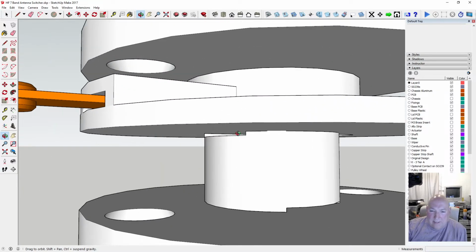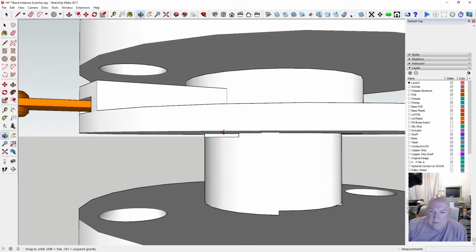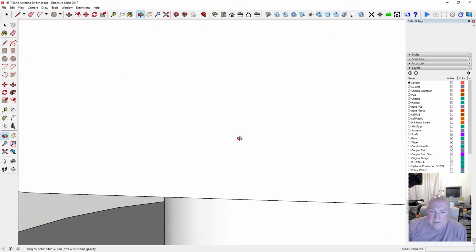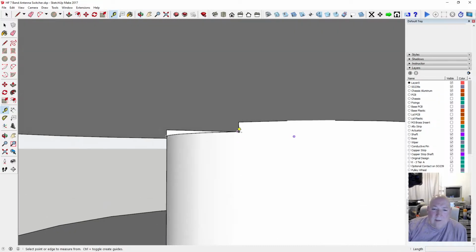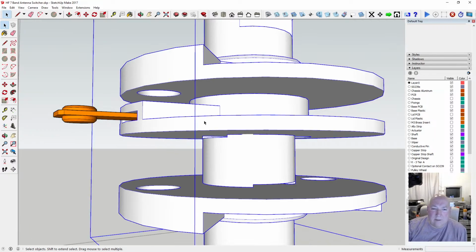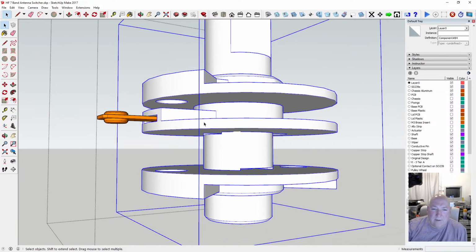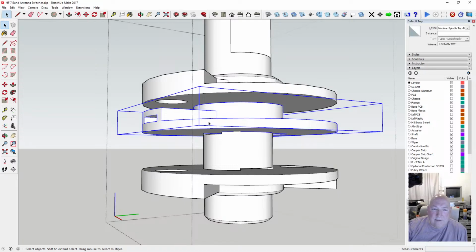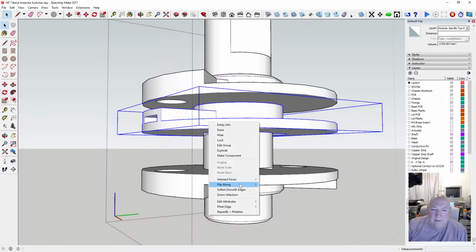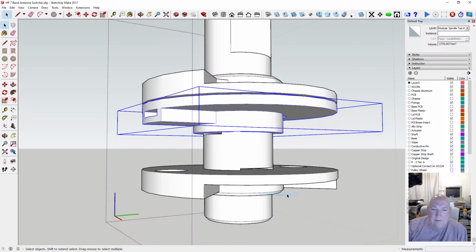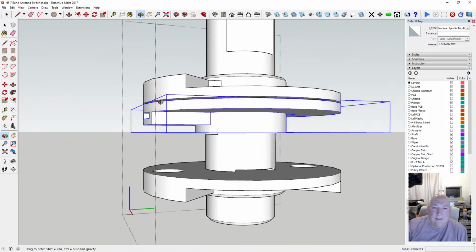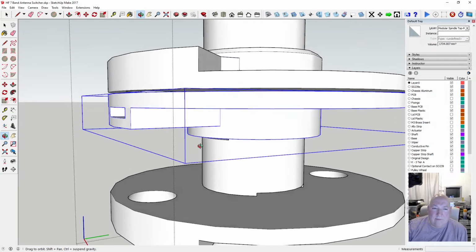So if I measure that now, I can sort of tell. Measure what size we've got there. So we've got 3.35. Right, so I'm going to just go ahead and flip that along the blue. Right, so we've flipped it, and it's actually flipped pretty good.